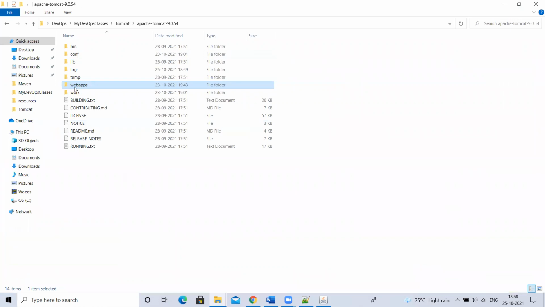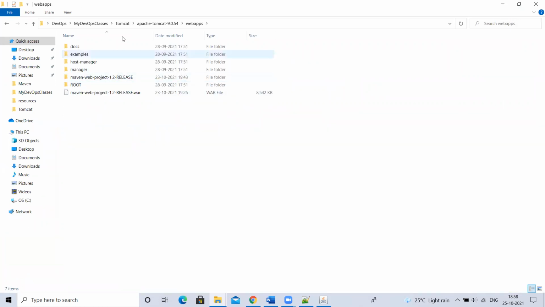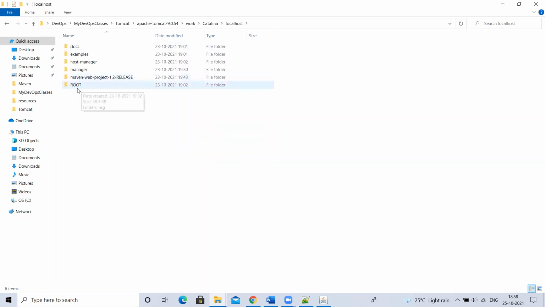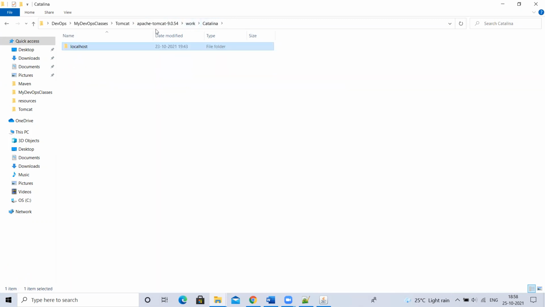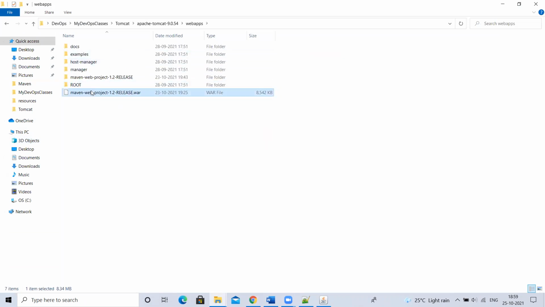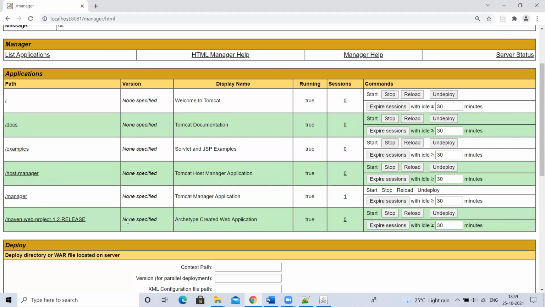That is the reason whenever you copy something, an artifact into this web apps directory, that will automatically get extracted, and the same copy will be made into work directory, this location. Why? Because the display coming here is not from web apps, the display is coming from work. So Tomcat is using a separate folder for this display. That is the reason whenever you deploy an application, after extracting, the same copy will be made into work directory, that will come here. And now whatever is deployed into my web apps directory, that has been copied into work directory, and I'm able to see this application here. Yes or no? Yes, sir.